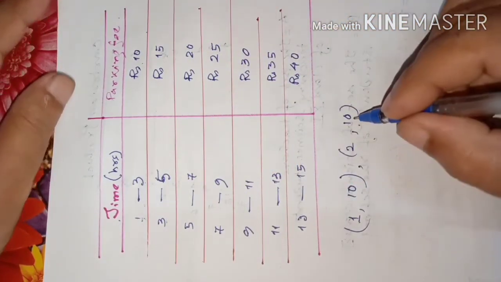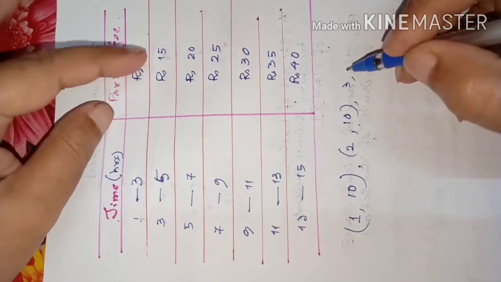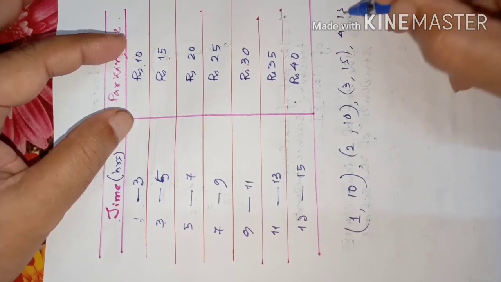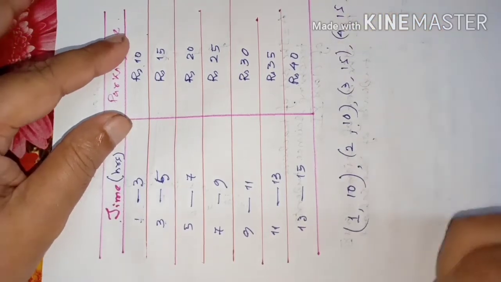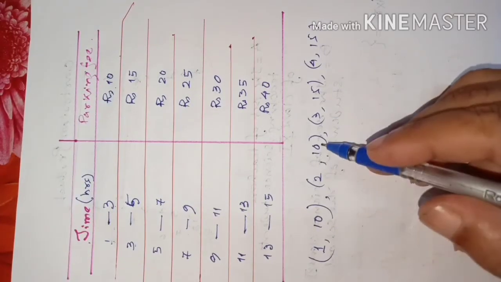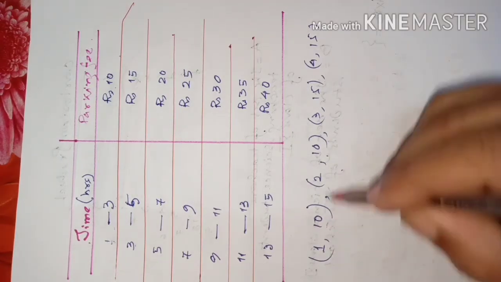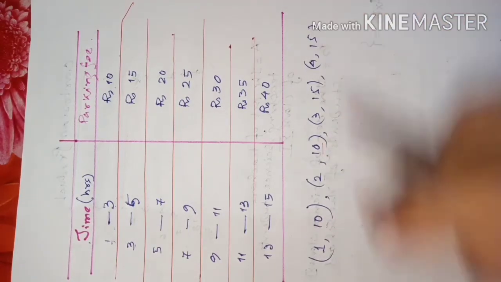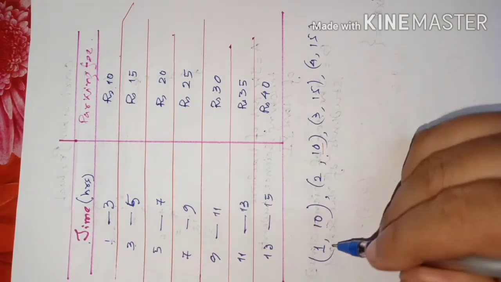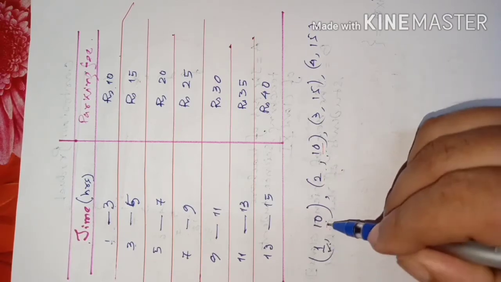So for 2 hours, a person has to pay 10 rupees. For 3 hours, a person has to pay 15 rupees. 3 is connected to 15, and 4 is also connected to 15. Have you understood? So here you see, 1 is connected to 10, 2 is also connected to 10. Now these pairs of numbers are ordered pairs of numbers, and these ordered pairs are taken in such a way that the first one is connected to the second one